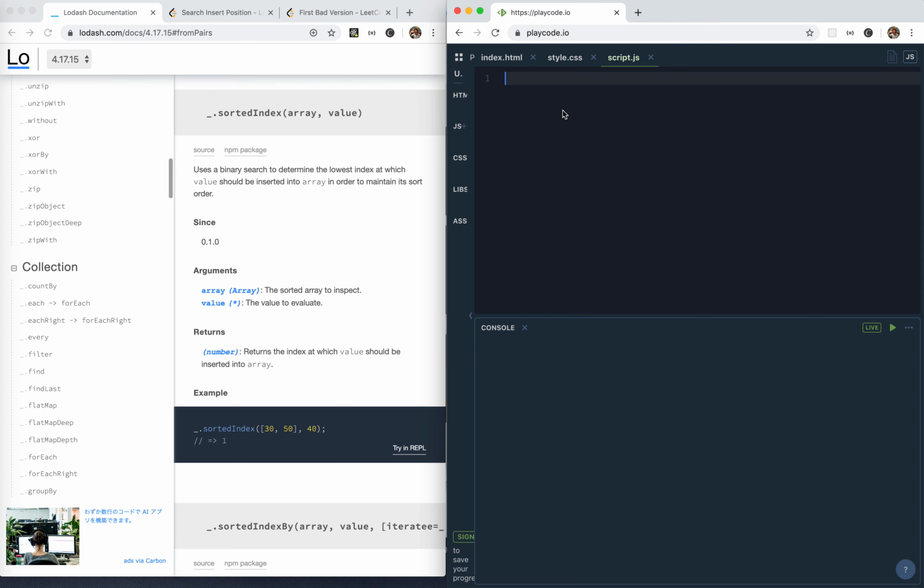So let's try to implement it. The function would be sortedIndex. We get an array and a target, and we need to find its appropriate index, right? Let's first define some test cases, right? If we call sortedIndex like